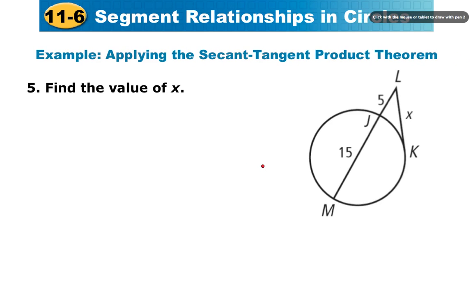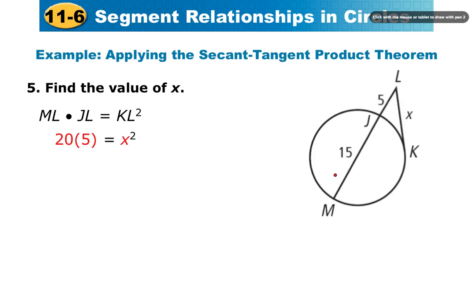Let's apply this. Problem number 5. It says find the value of x. We're going to apply that theorem, 1163. And this is what we get when we apply that theorem. The secant ML times the external should equal the tangent squared. Once we substitute,